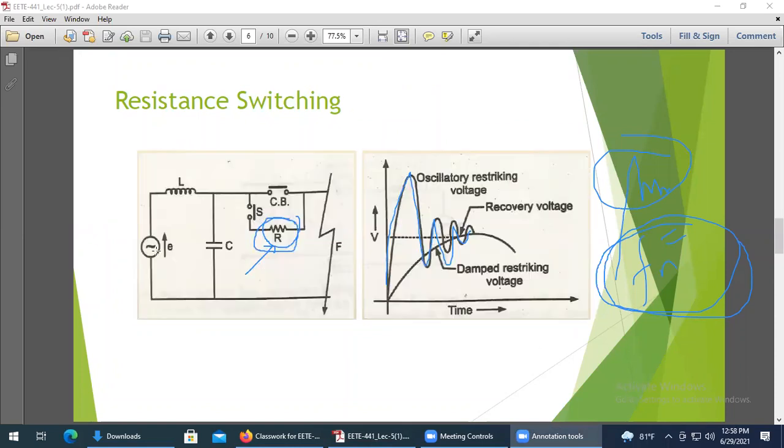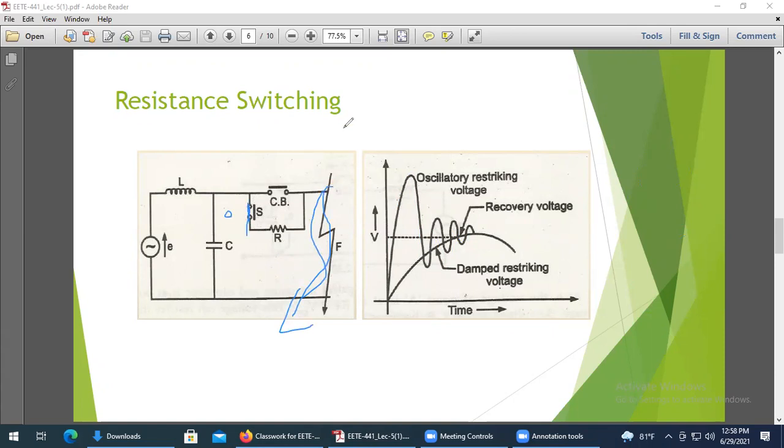Normally this is achieved by adding another switch across this path. In normal cases, this switch is open. Whenever a fault occurs, before opening this circuit breaker, this switch has to be closed. Now there are two advantages in that way. You are splitting the fault current into two paths, so the breaking capacity across this main circuit breaker contact will be a little bit reduced. Understood or not? And fault current in this path will not create any bigger problem because you already have a high resistance in this path.